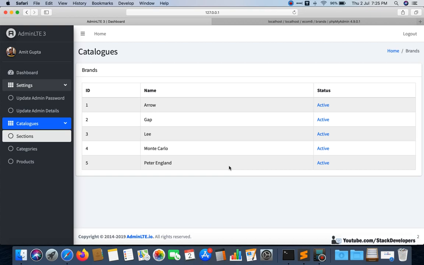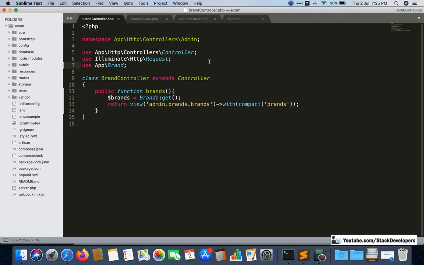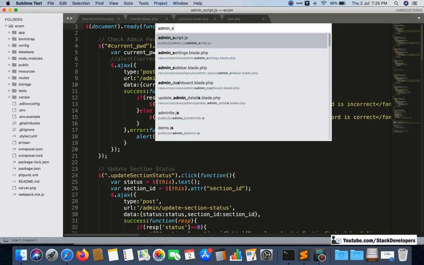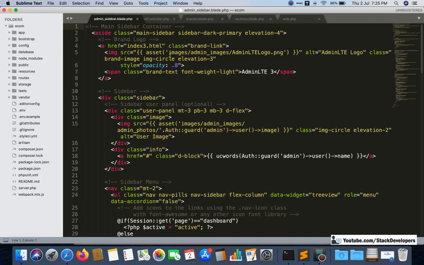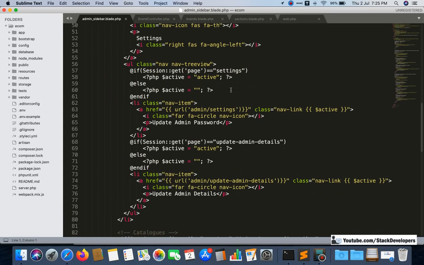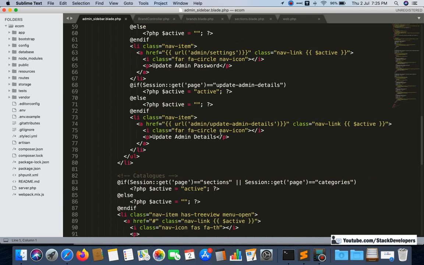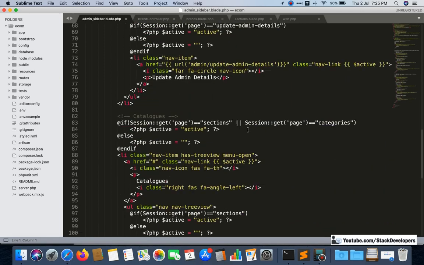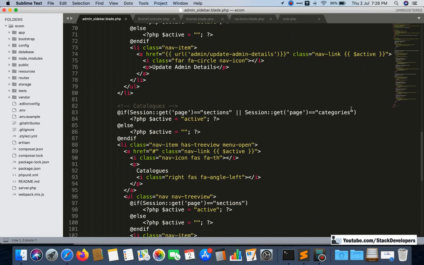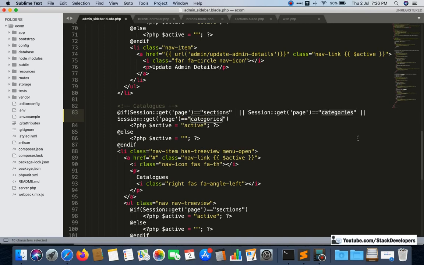So this is the way that you can call the brands and show them here. Now open the admin sidebar and quickly show the brands in the admin sidebar. You just need to copy your sections, where it is, here it is. Here you will also add for brands and also for products.